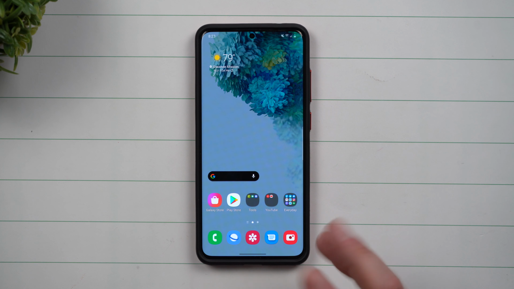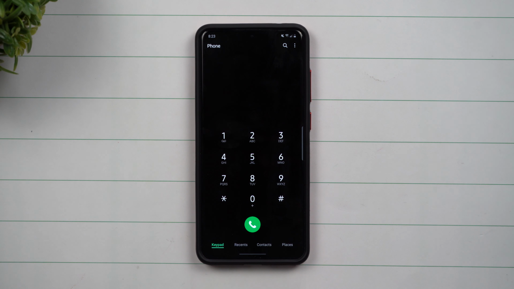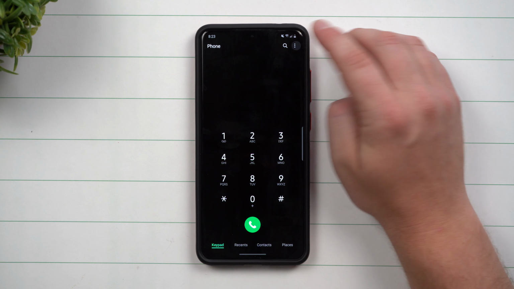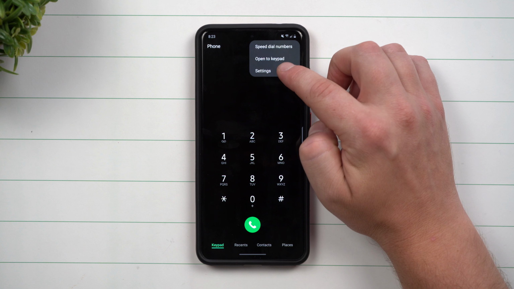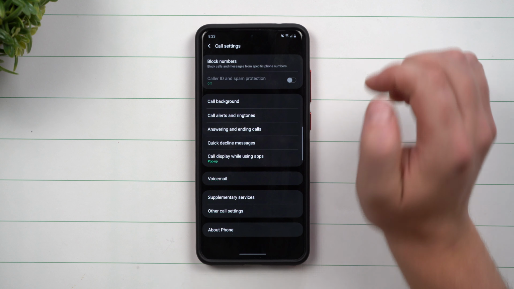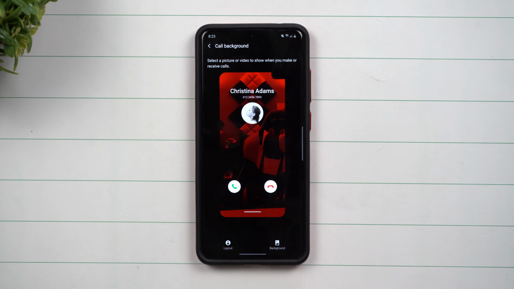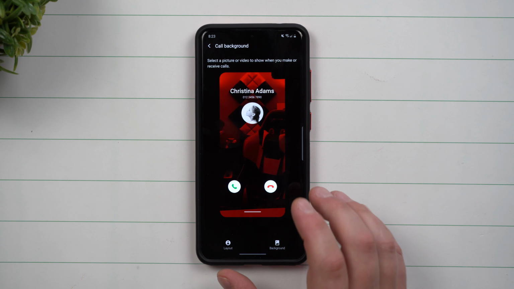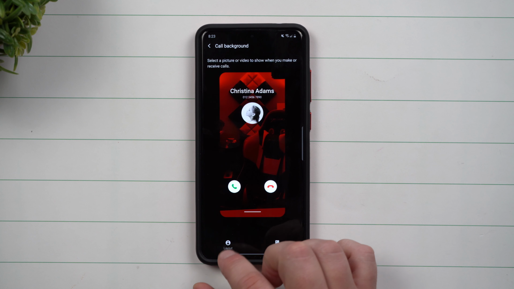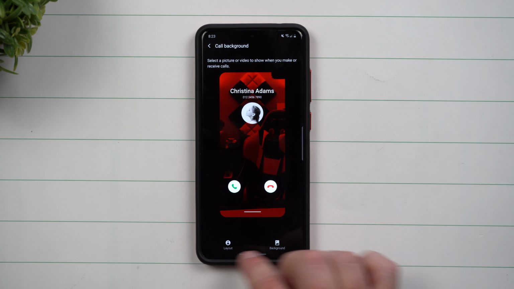So to kind of get you ready for this update coming up soon, one of the really nice things is once you go inside of your phone dialer and then you go inside of settings. Now inside of here, instead of having those lame, boring call backgrounds, you're able to create your own. Anytime that you want to change anything, you just want to look on the very bottom, you have 2